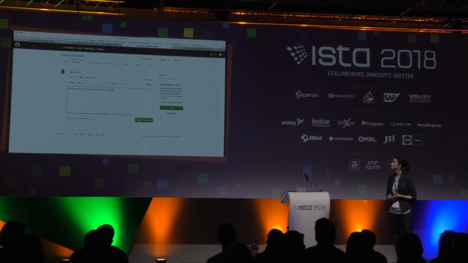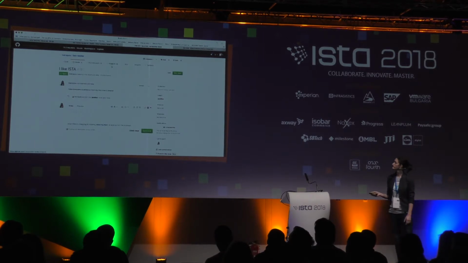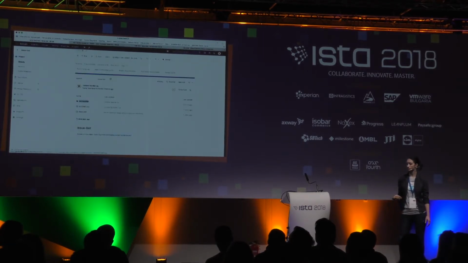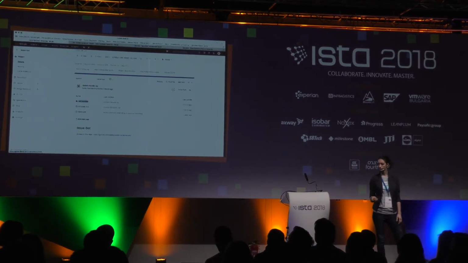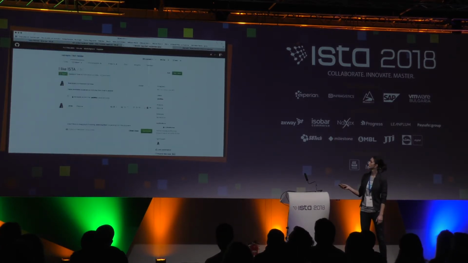And it's now going to put a positive label. And this is the code.